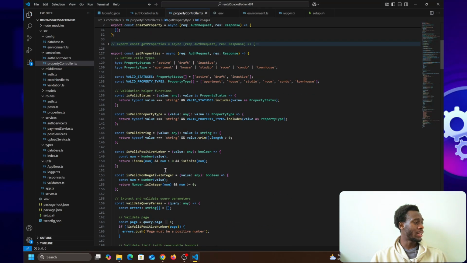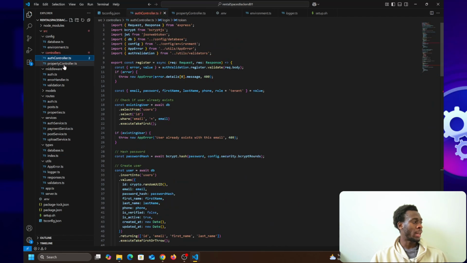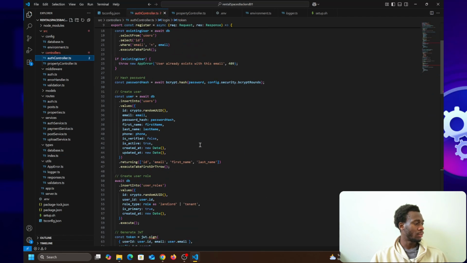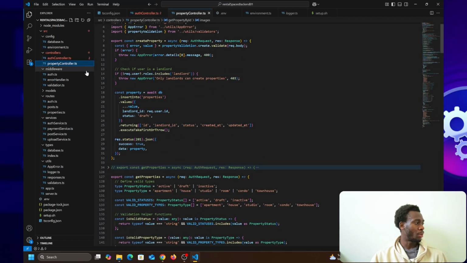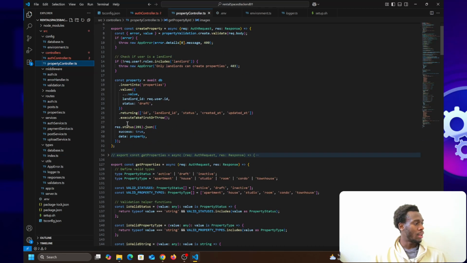Okay, so there is a function in my project, in the property controllers. I know it is small, but please forgive me. There is this function that gets all properties, and it is basically trying to get any property listing.